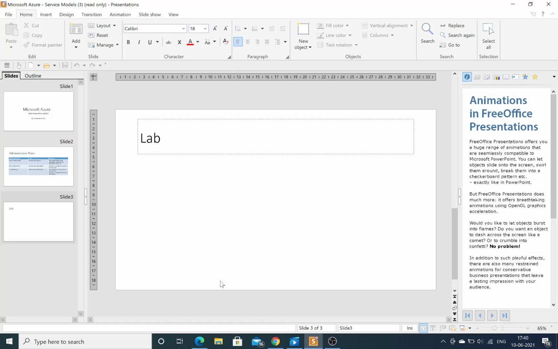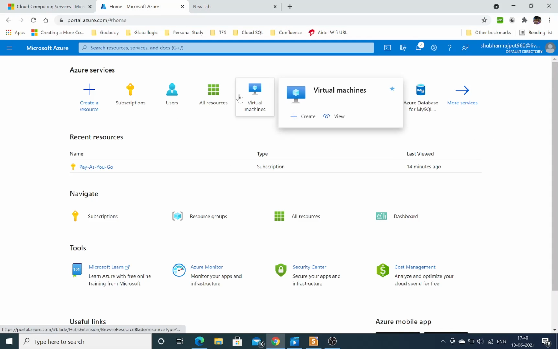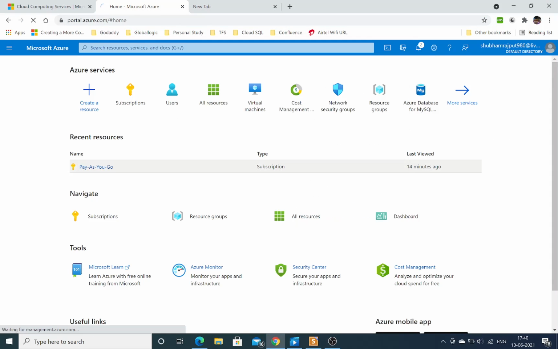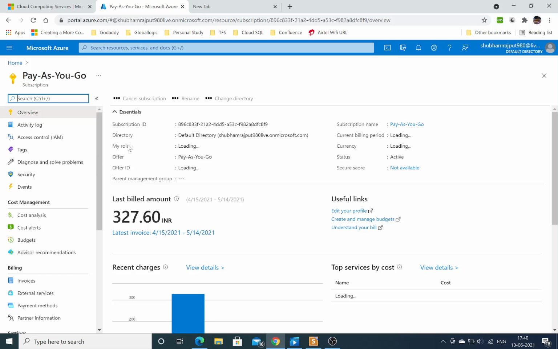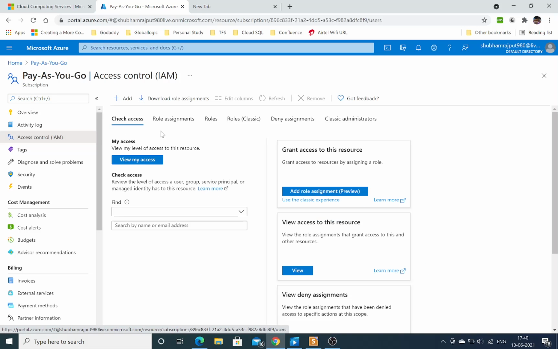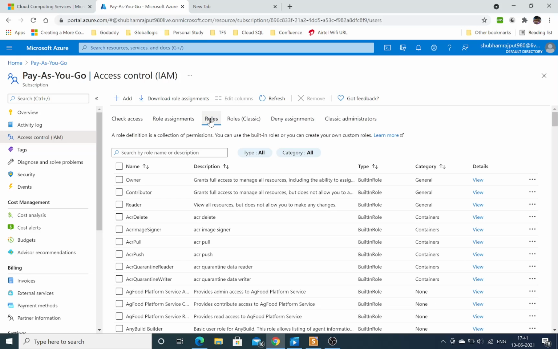Now let's come to the lab portion. I have already opened my Azure portal, and this is my base account. Let me check my subscription and which user I currently am. You can go to Access control (IAM), where you have role assignments and roles.